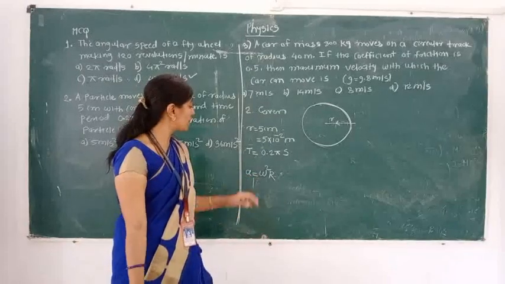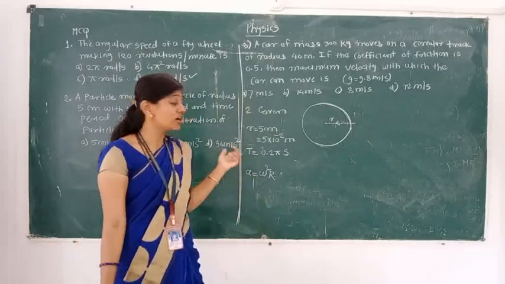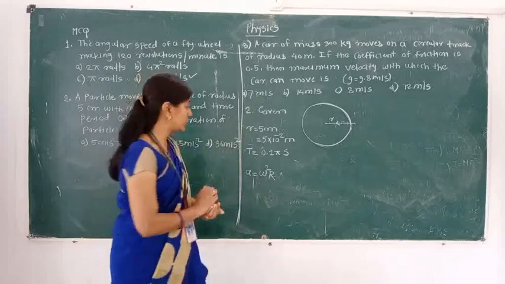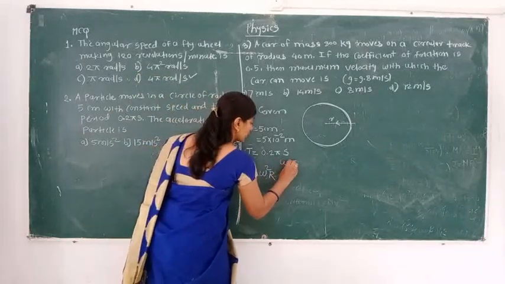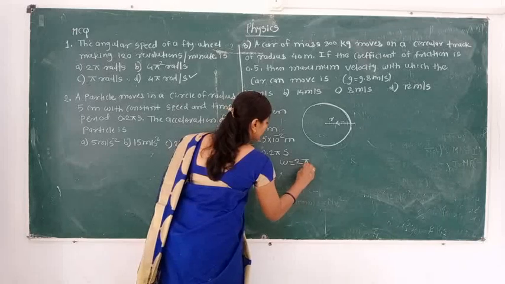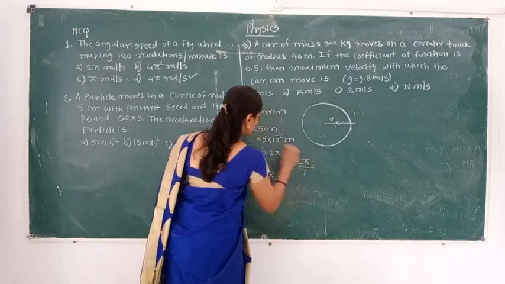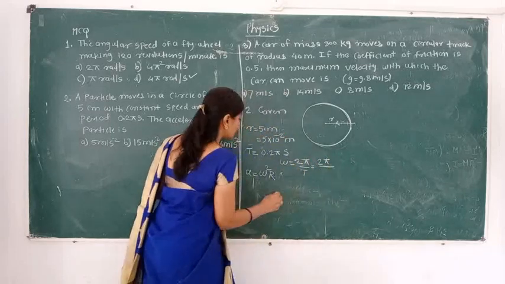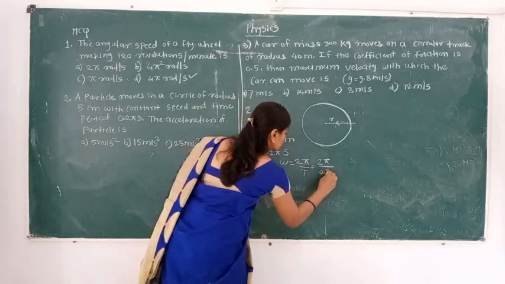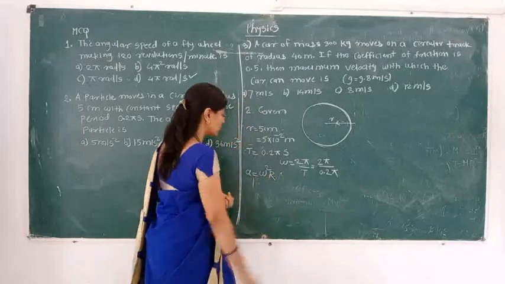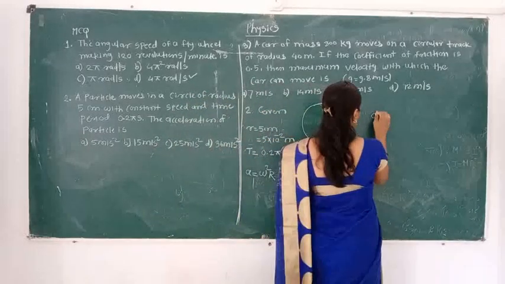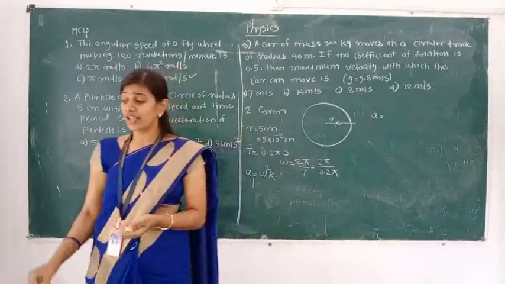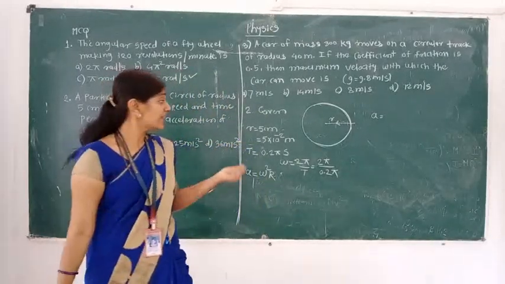यहाँ पे हम omega, we know the relation between omega and time period. That relation we are going to put. क्या मालूम है हमें? Omega is equal to 2 pi divided by T. अगर हम देखेंगे तो T की वैल्यू 2 pi divided by the value of T, 0.2 pi. This we are going to solve. यहाँ पे हमें acceleration find out करना है. इस केस में जो acceleration है वो centripetal acceleration है. Otherwise we can say it is a radial acceleration.